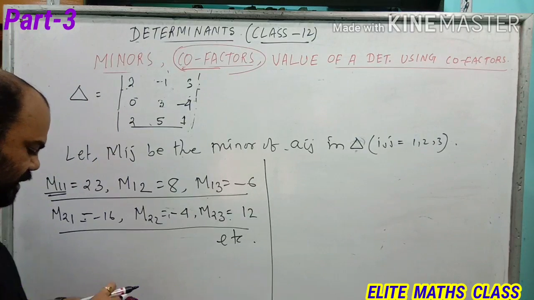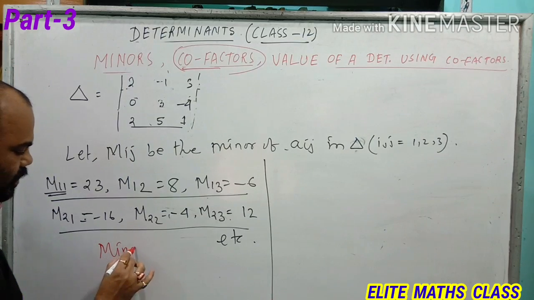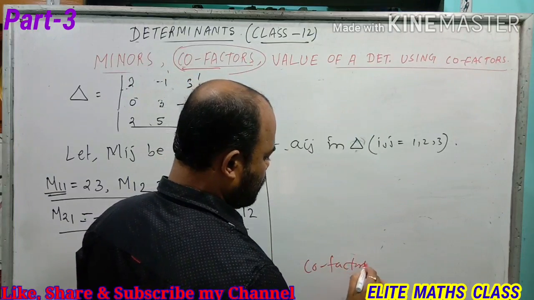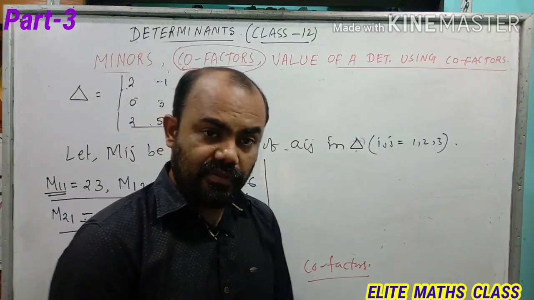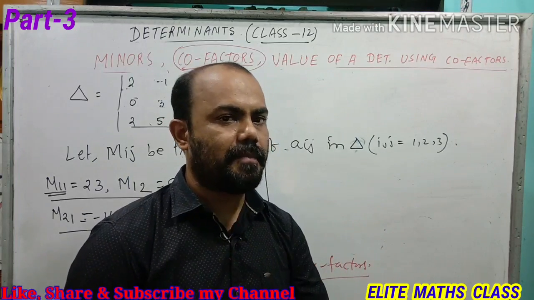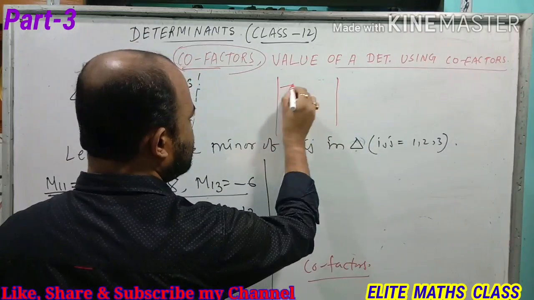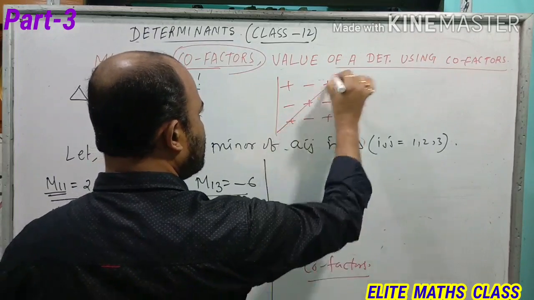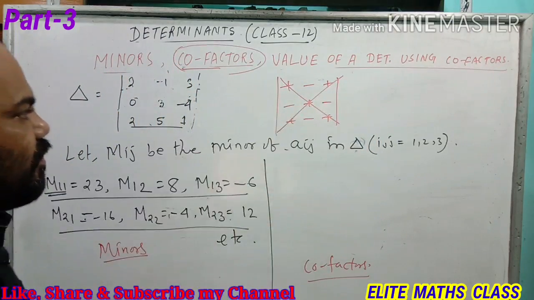Now these are minors. Now let us see which are the cofactors. These are minors. Now these are cofactors. So what was the definition of cofactors? If you consider the absolute value, then the absolute value of cofactors and minors are the same. The only difference is for the sign positions: plus minus plus minus plus minus plus minus plus. That is, for these elements minors and cofactors are the same, and for the rest 4 elements cofactors are of opposite sign